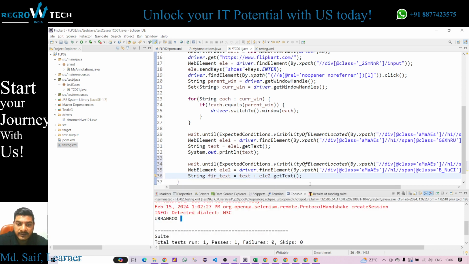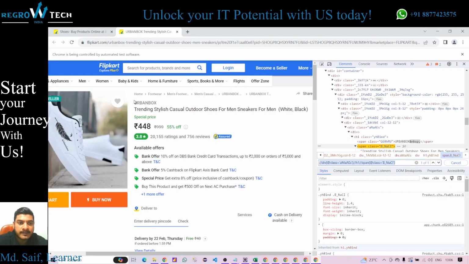So what will happen, I want that this text and this text get concatenated with each other, because in the